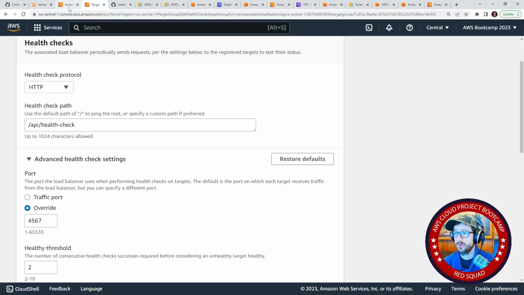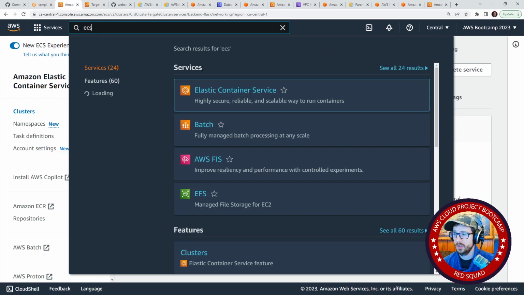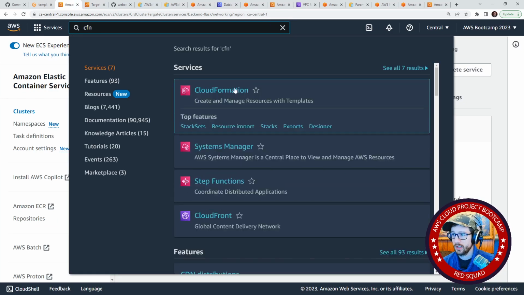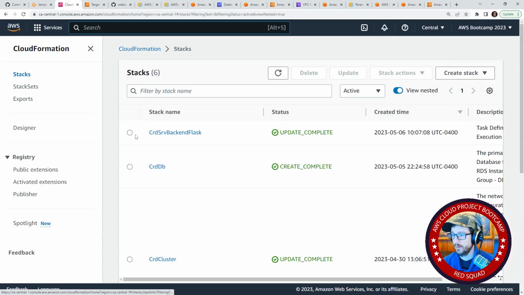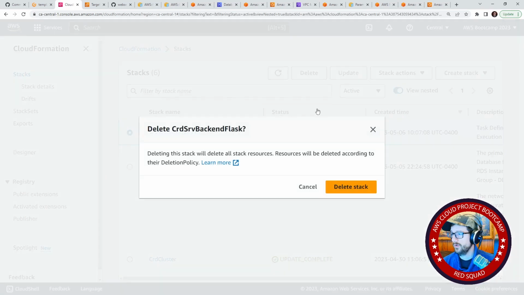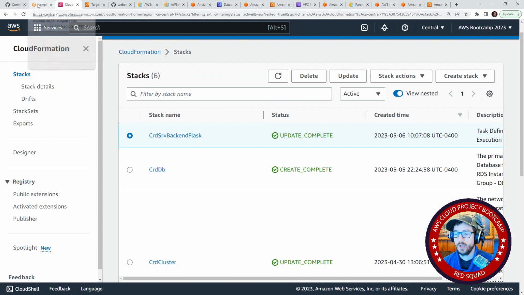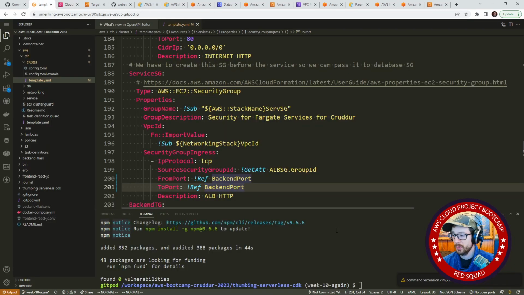And so what we'll do to make sure this works, I'm going to go over to CloudFormation. I'm going to go tear down the running version that Bako had set up there. And we'll go ahead and delete that. And so fingers crossed that this is going to work. The first thing that we need to do is we need to go to our bin directory, and we're going to need to do,